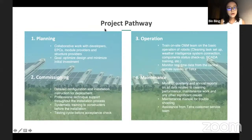Okay, so going into the commercial part, I want to take you through the overall project pathway. There are 4 major stages once we work with our clients: planning, commissioning, operation, and maintenance. One thing I really want to point out here is the planning stage, because this is the most important stage. At this stage, we work very collaboratively with developers, EPCs, module providers, and structure providers. The goal here is really to optimize the design, because as Miguel already mentioned, the most optimized design will really help us to save the initial CAPEX,